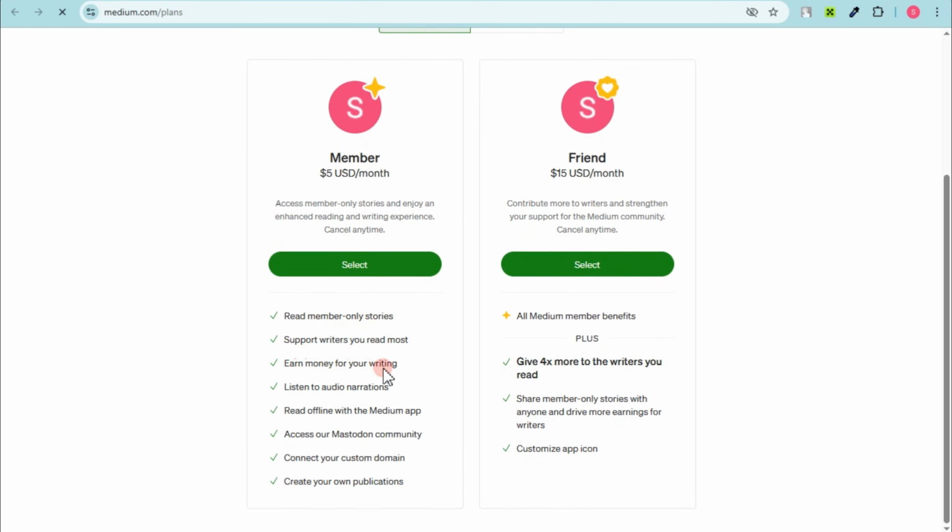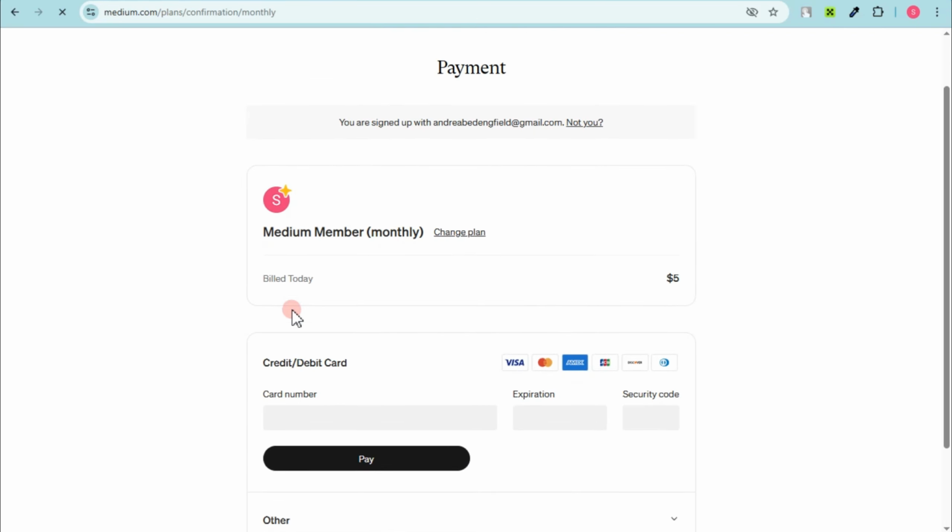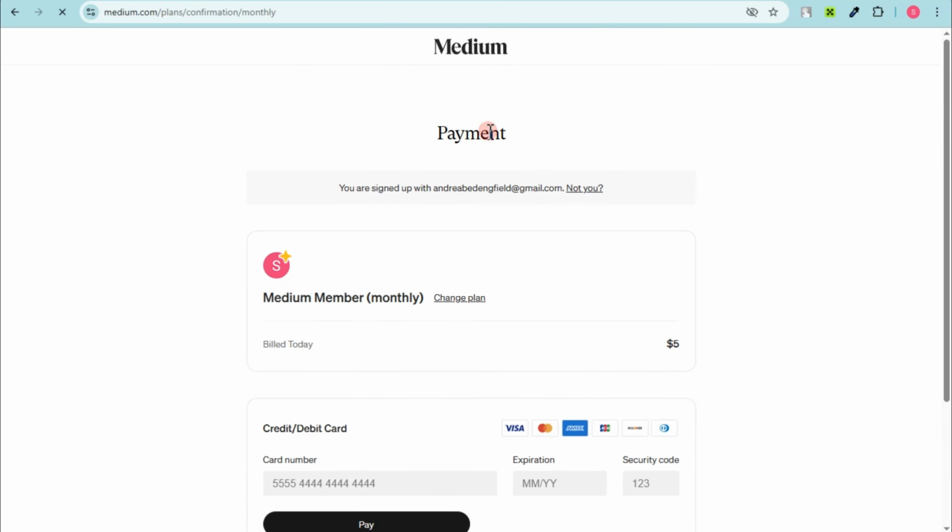You can start writing, you can start earning, you can share your Medium platform. So all you have to do is select this one and then proceed with the payment method. There are tons of payment methods right here. Just click one, and once you are a member, you can now proceed with the other instruction,